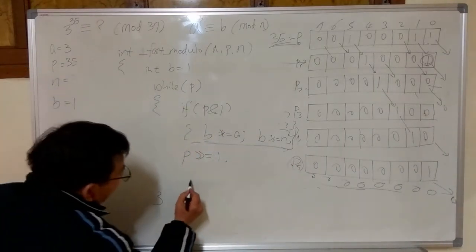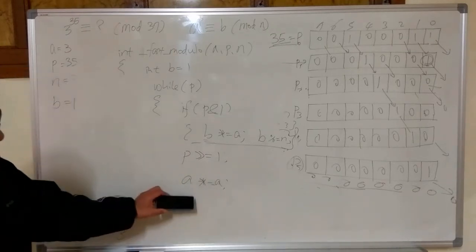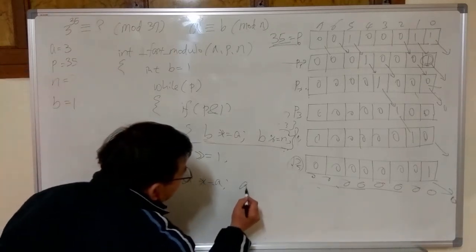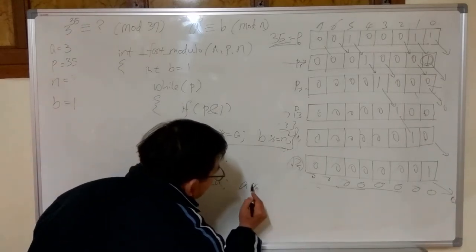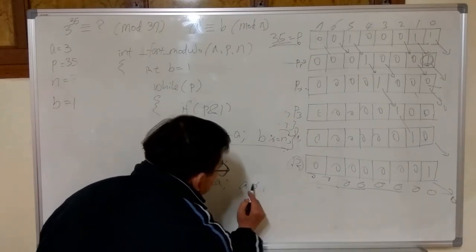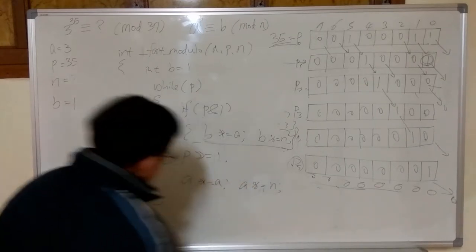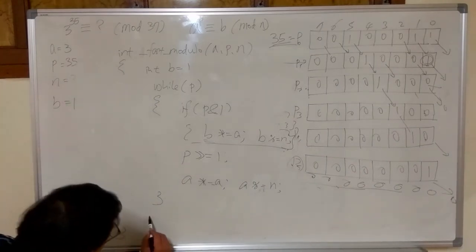Here, A times A. Okay? Then we apply modulo again, A modulo N. After the block, we are returning